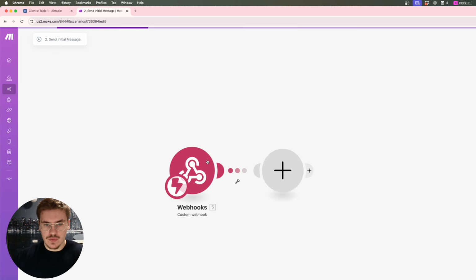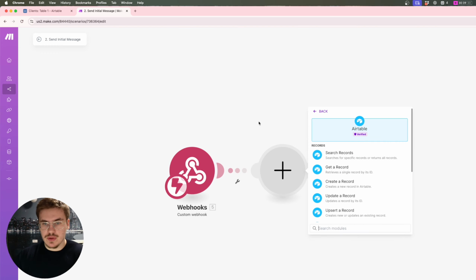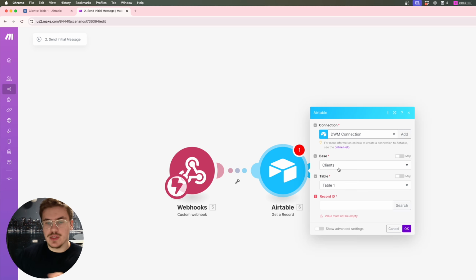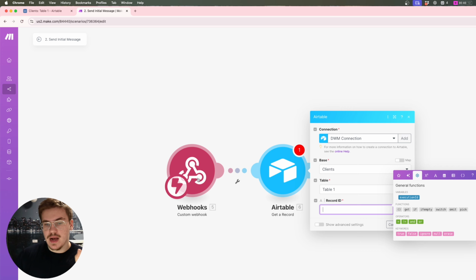So what we'll do is just use the Airtable module and get a record. Then choose the base where your clients or leads will be. I guess that's a bad name. It should be called leads and not clients. But anyway, you choose the table, and then we would provide the record ID